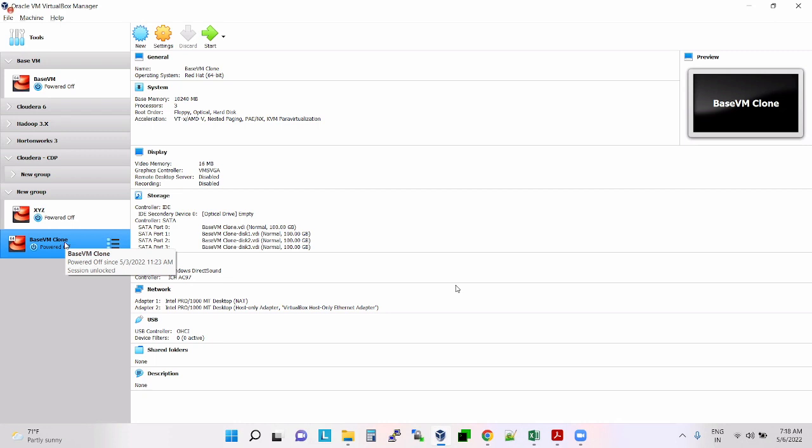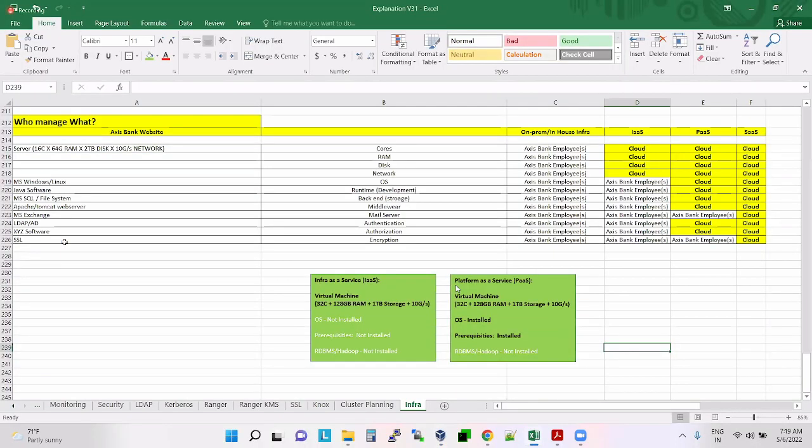So if I take the base VM clone, I can directly start installing Hadoop on top of it without installing any extra software. It already comes with the OS and prerequisite software. Understood, or any questions? So this is a PaaS model here.